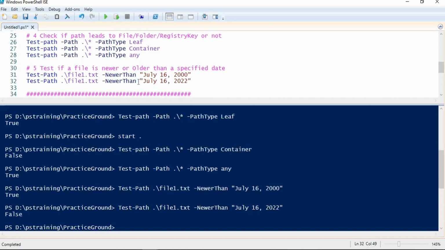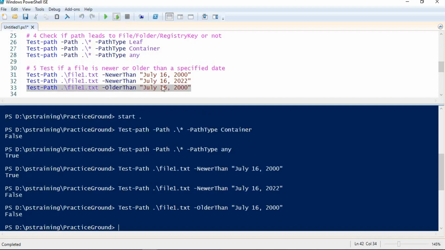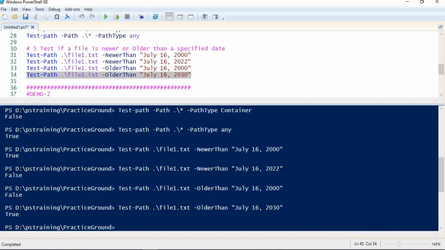In the same way I can check if this file is older than a date. If I make it older, is this file older than this date? No, it is newer than that, so I should be getting false. In this way I can check whether my file is newer than or older than a particular date or not.